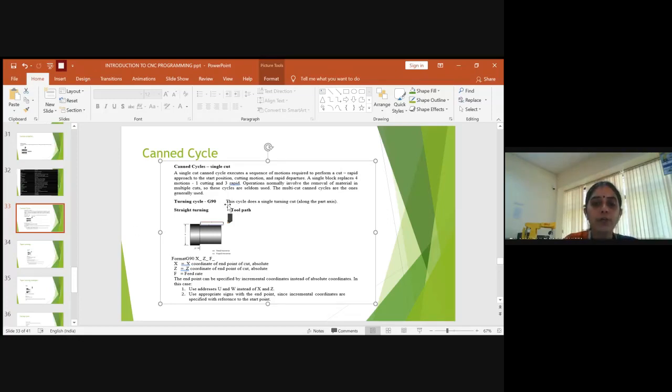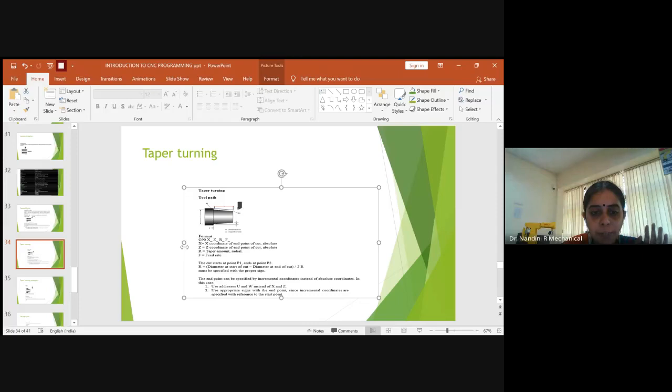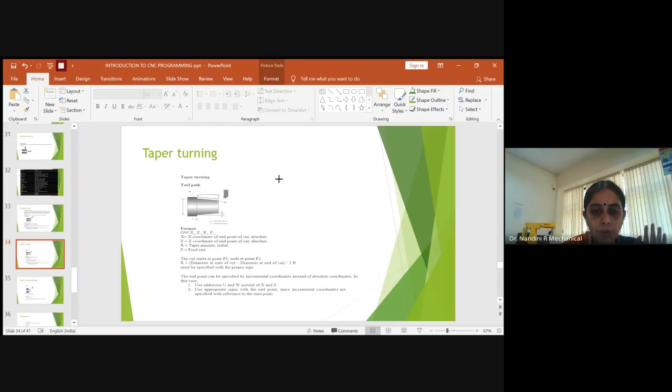Okay, so here we use the code G90 for a turning cycle. So whether you need a straight turning or whatever thing could be possible. The normal format is G90 followed with X coordinate, Z coordinate and the feed rate. Here also it is for linear interpolation where we use only X and Z axis only. Y axis will not come into picture. This I have told you. I have to just show you a sub-programming part. So this is for taper turning. If you need a taper turning, this is the format we follow.